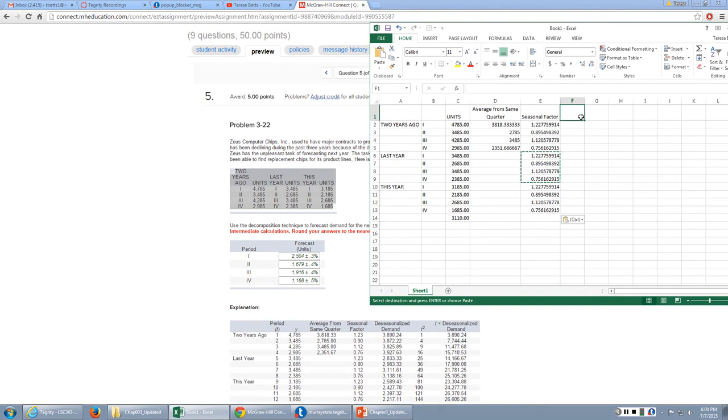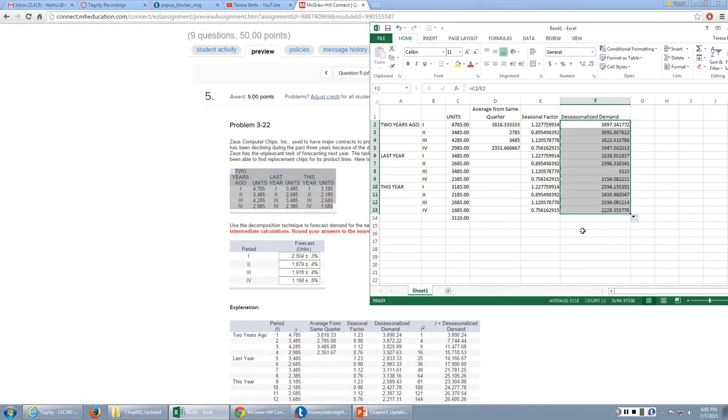Now to de-seasonalize the demand, if you remember, what we do is we take the actual demand and divide it by the seasonal factor. So de-seasonalized demand is going to be this divided by this. Okay? And I'm going to do that for each time period. Okay, so that's our deseasonalized demand, and then I'm going to get my t squared, which is going to be